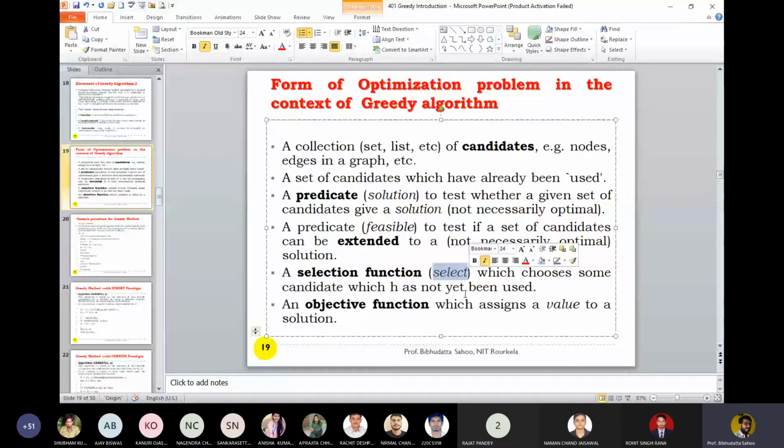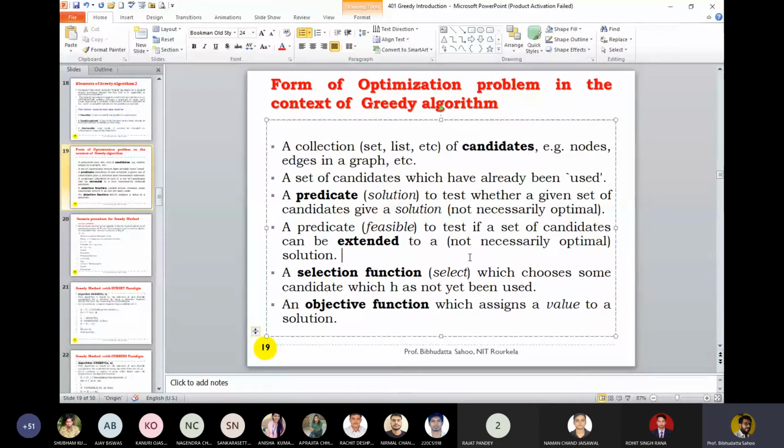When it comes to feasible, we are taking a knapsack of fixed size. When we try to add one item, first we check whether that item can be added to the knapsack or not. Then what is the solution? We use a predicate for how we represent the solution. Let us say I am considering a 0-1 knapsack problem. I represent my solution as 1 if I select the first item. If I didn't select it, it is 0. Then the second bit, if I'm selecting, it's 1. So it is a sequence.